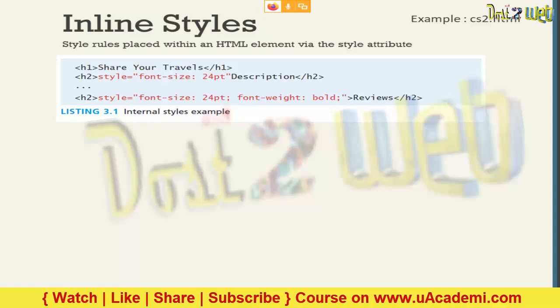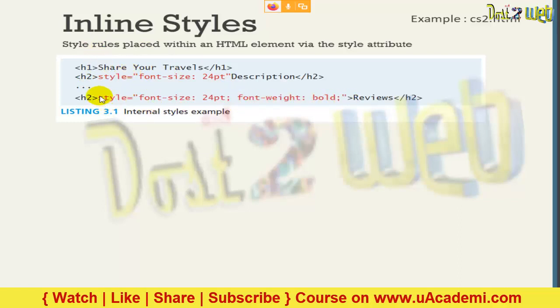So guys, we have seen in the previous session how to use CSS, and I have given the demonstration of how to use external and internal CSS. You have also seen how you can use inline. So this is a further look at that. If you want to define inline style CSS, the style rule you can place within the HTML element via an attribute. I've just highlighted here what you have to use.